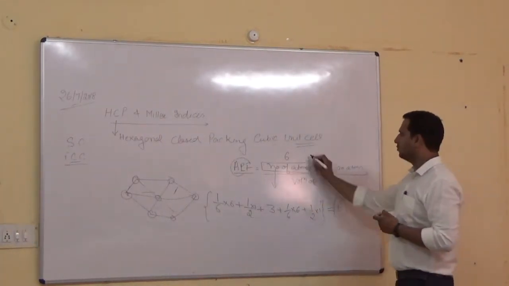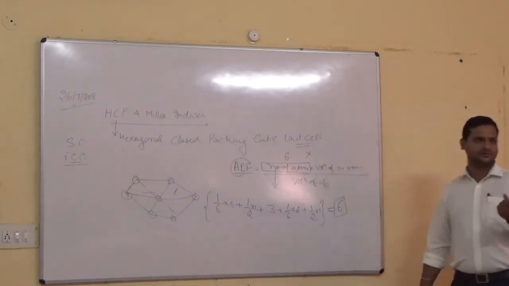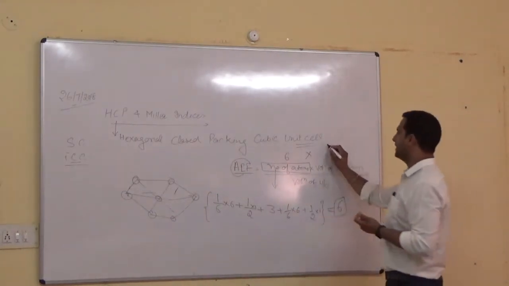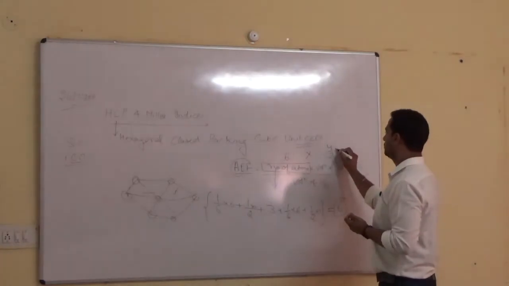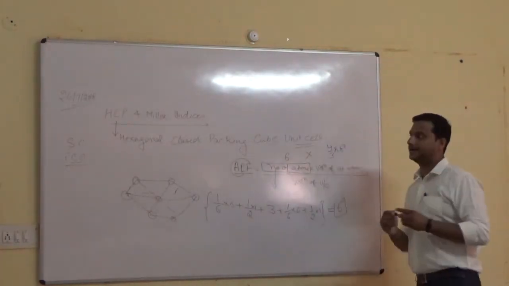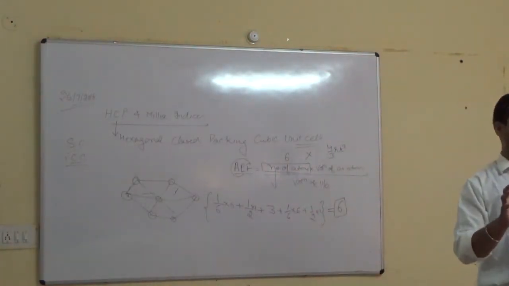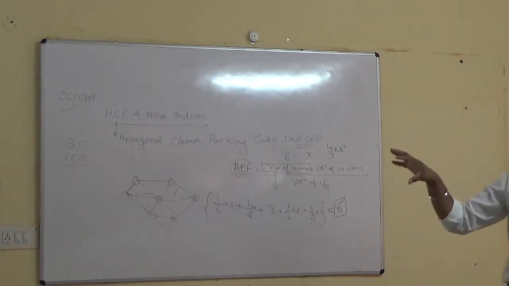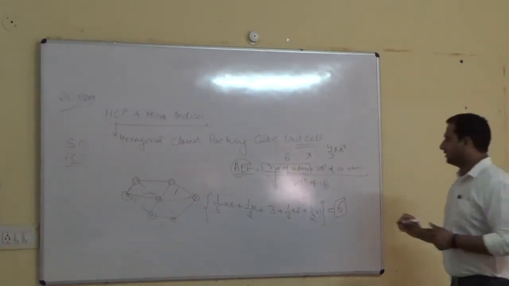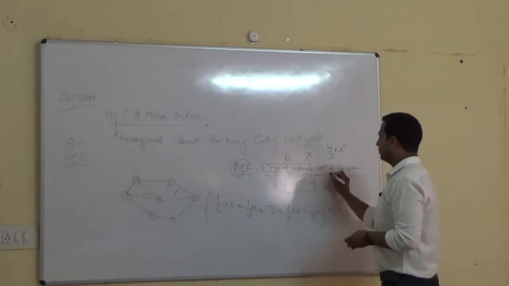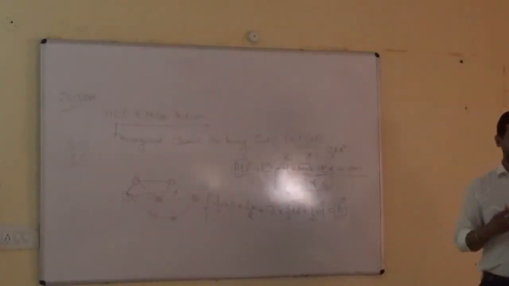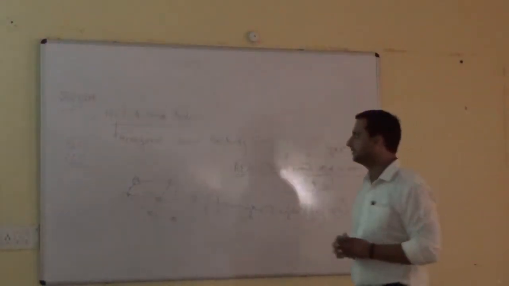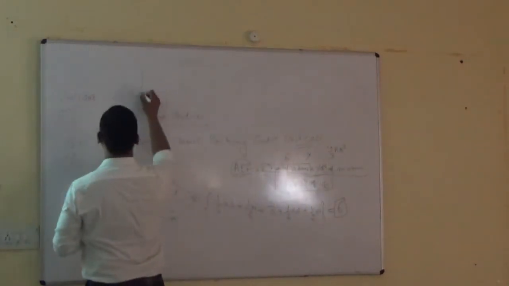Okay. Now volume of one atom is equal to how much? 4 by 3 pi r cube, because in this study we consider the atom as a solid sphere as shown in the lower diagram. Okay. So now we have to calculate only the volume of unit cell. Volume of unit cell. Now for a simple cubic,